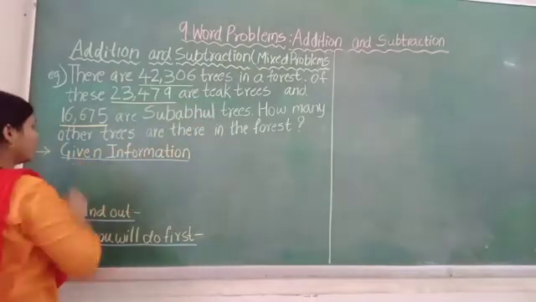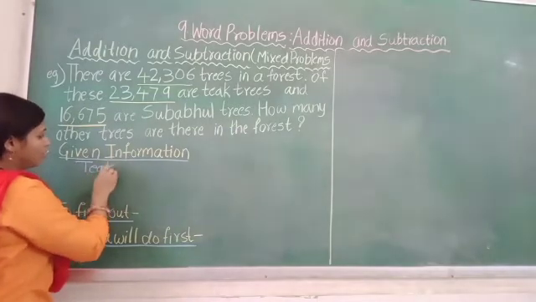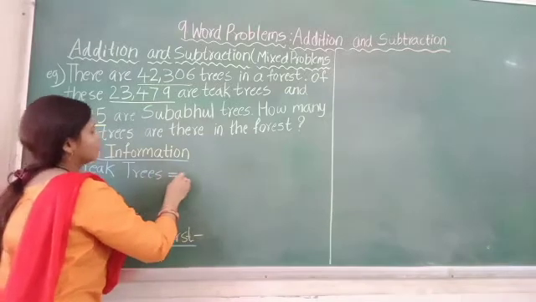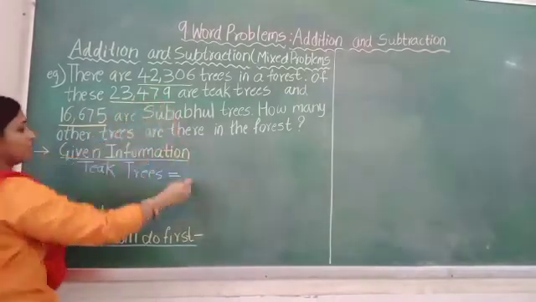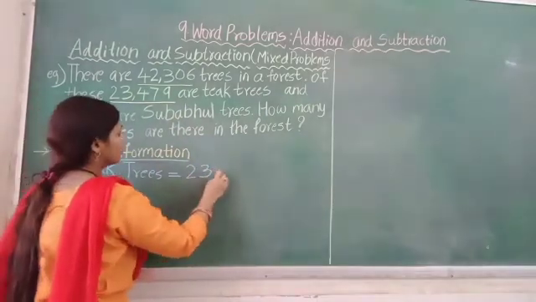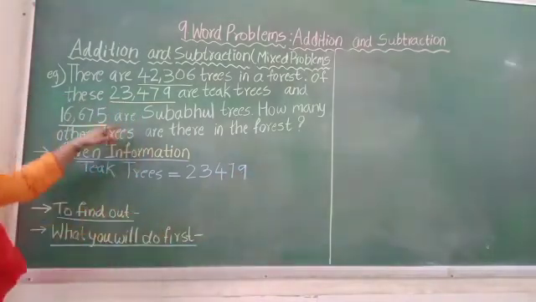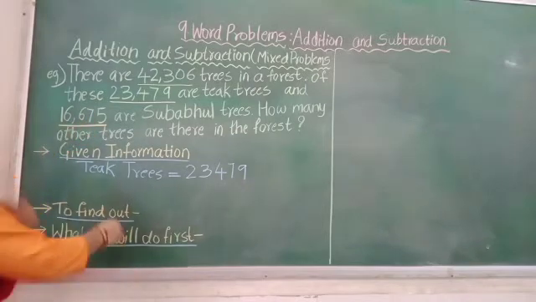So here we will write teak trees. Teak trees are how much? 23,479. Then subabul trees are how many? 16,675. So here we will write